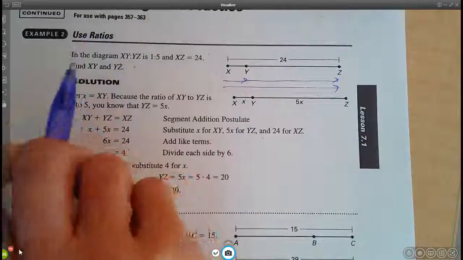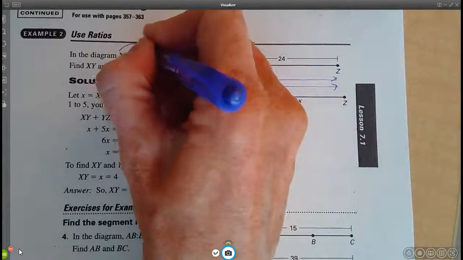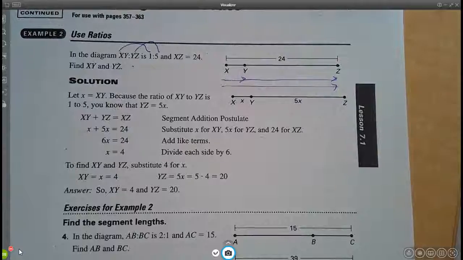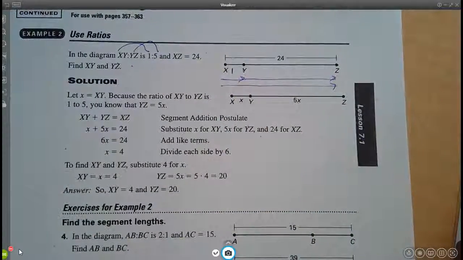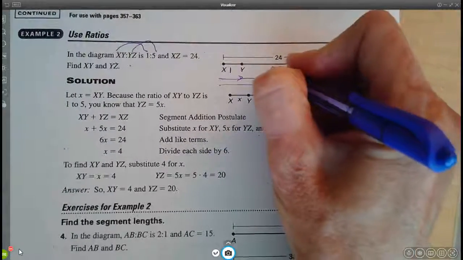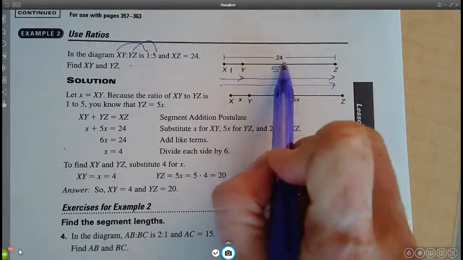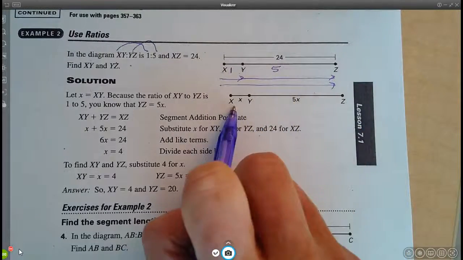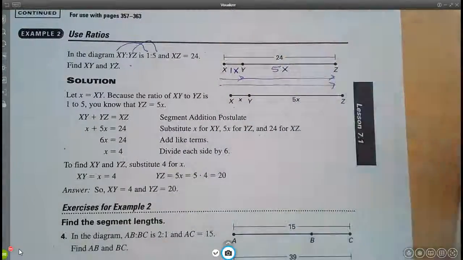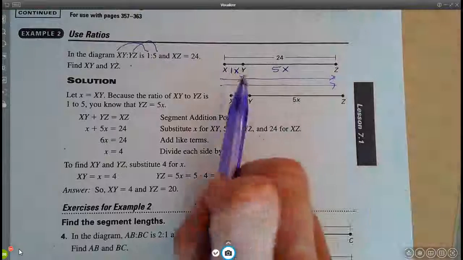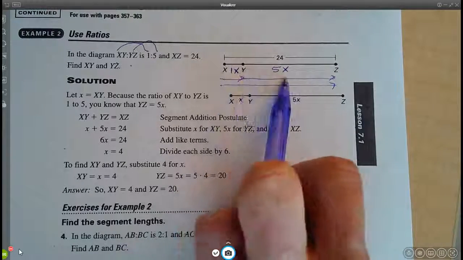The ratio of xy to yz is 1 to 5. And just like our last topic, order matters. So segment xy is associated with the 1. Segment yz is associated with the 5. Okay? But obviously, the length here is not 1 and 5, because that doesn't sum to 24. So they've chosen to take an approach of using a variable to represent a scale factor. How much are we having to scale the 1 and 5 by